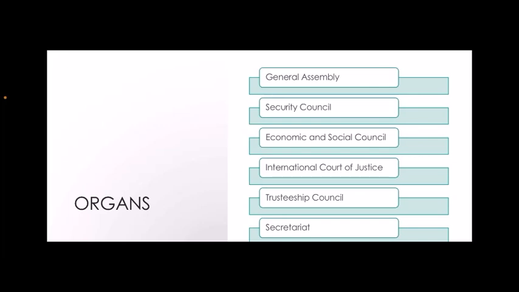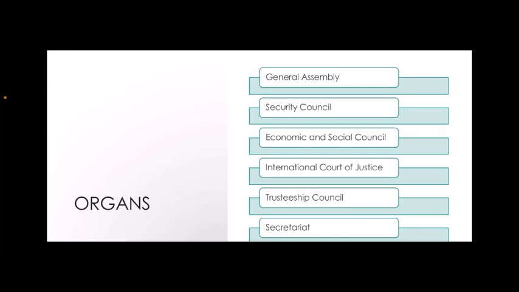Let us look at the functions of the Security Council. The first and the main is to maintain international peace and security. To maintain peace, the Security Council may suggest measures like end or resolve conflict and make efforts to establish peace, or impose economic sanctions, or take a decision of military action against the aggressor nation.